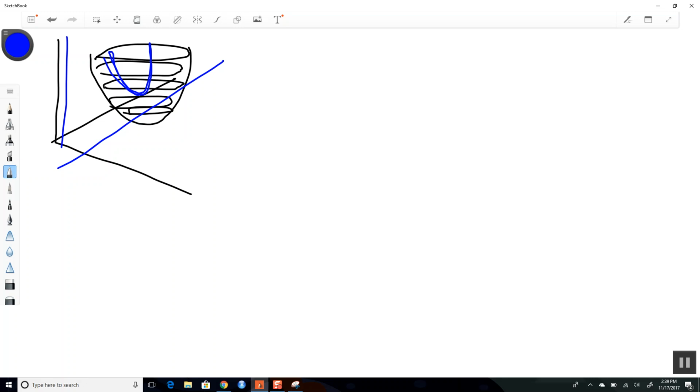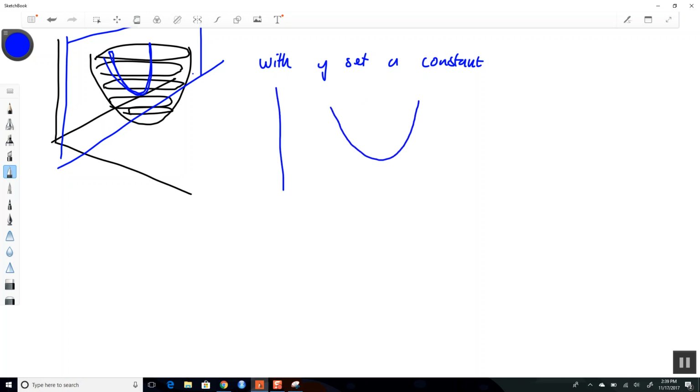So we've sliced through the paraboloid right here, and with y set to a constant, we now just have a function that looks like this. We're going to minimize it right here, okay? And so we minimize it right there, and then that sets a new location. And so at the next iteration,